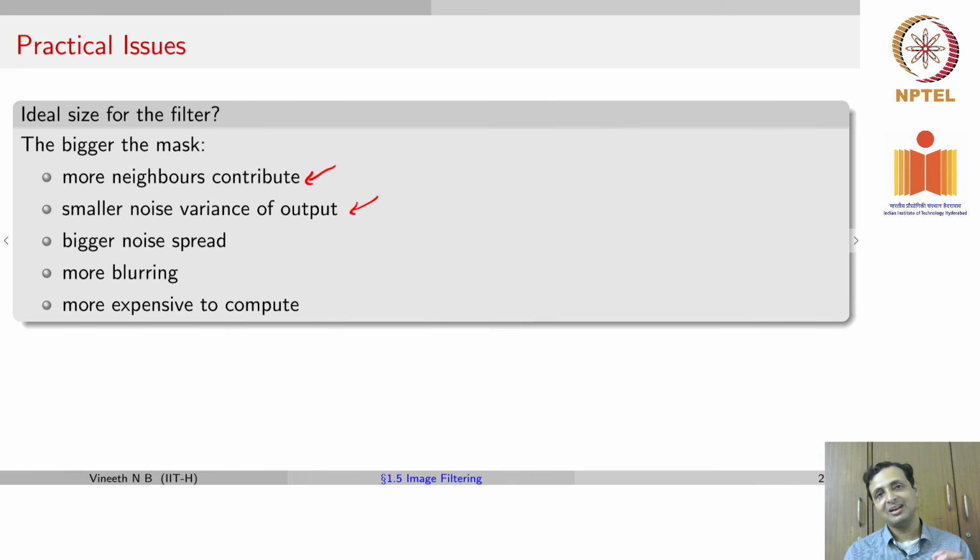For example, if some kind of noise got introduced in certain parts of your input image, and your convolution is with a very small local neighborhood, that noise will have an impact on the output. But if you took a larger mask, then that noise will get subdued among the other pixels that you consider for that linear filter or for that local operation. It can also result, on the other hand, in a bigger noise spread, because if you had noise in your input and took a bigger filter, the impact of that noise is now going to be on a larger region.